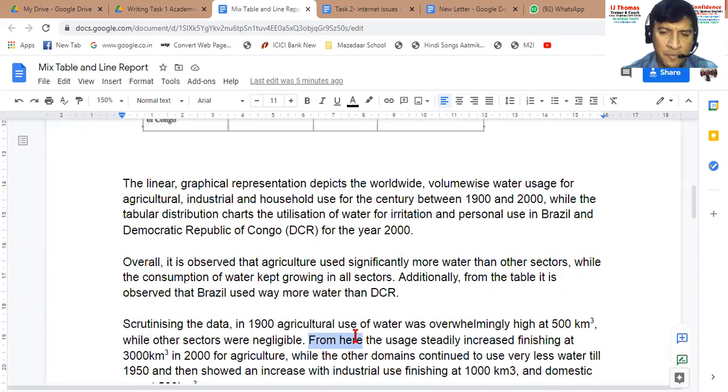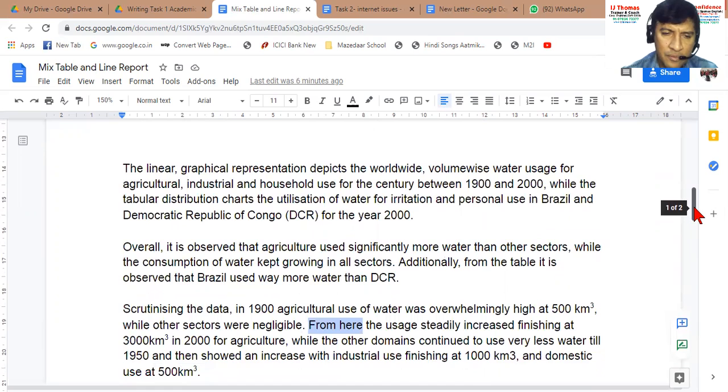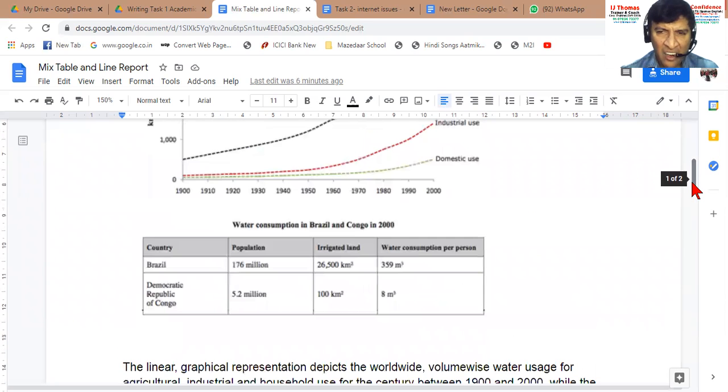Read. From here, the usage steadily increased, finishing at 3000 cubic kilometers in 2000 for agriculture, while the